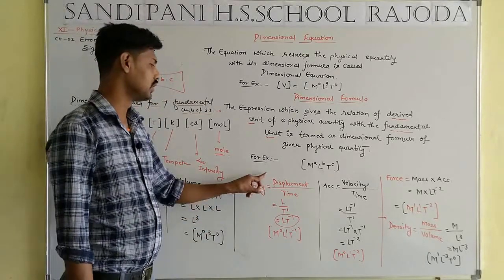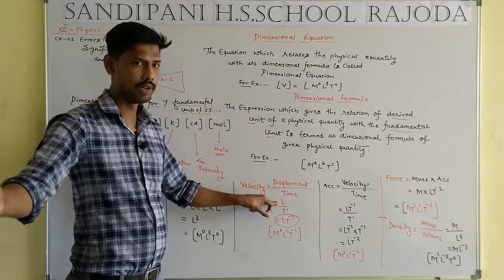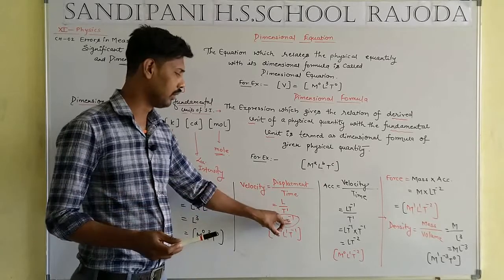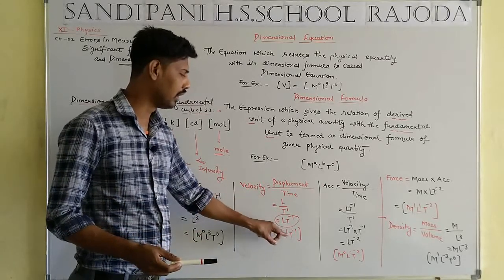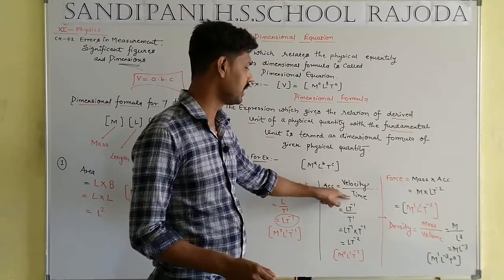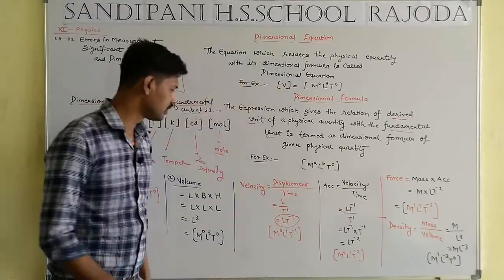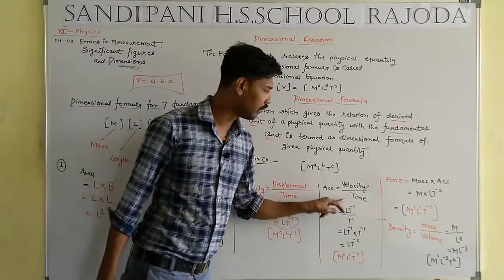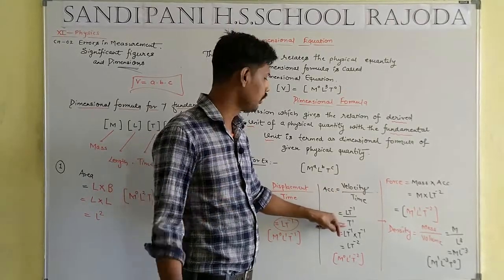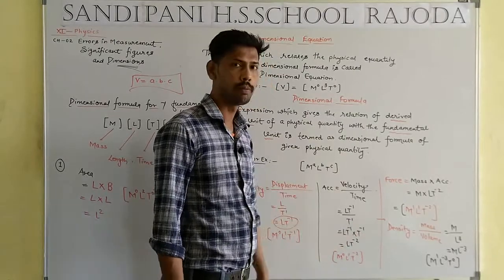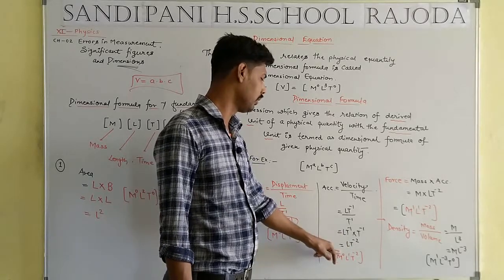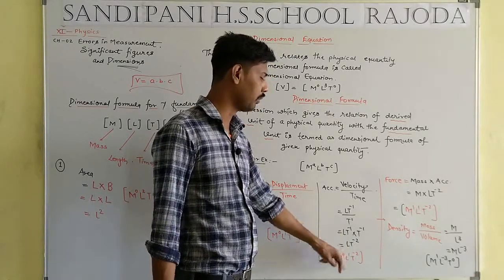Next one is the velocity. What is the meaning of velocity? Displacement by time. Displacement means measurement, that means L, and time, that means T to the power 1, converted into T to the power minus 1. So it will be M0, L1 and T minus 1. Next one is the acceleration, that means velocity by time. For velocity we got the solution L T minus 1. Put L T minus 1 in the place of velocity, and time will be T to the power 1, converted into T to the power minus 1, which gives T to the power minus 2. Here M is not available, so M to the power 0, L to the power 1, T to the power minus 2.